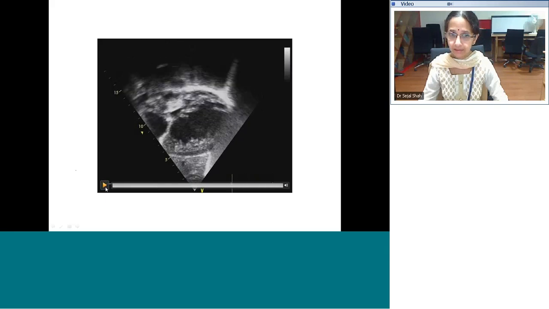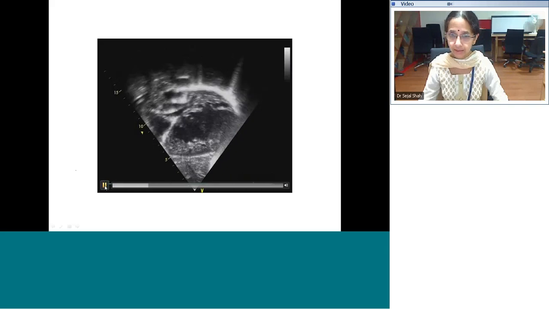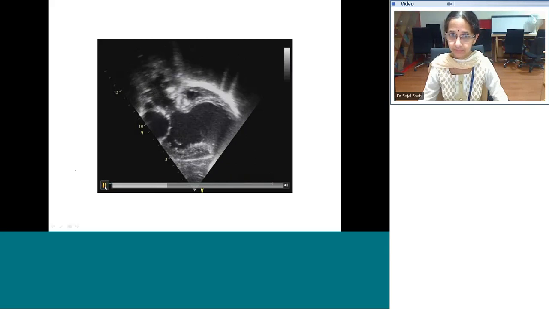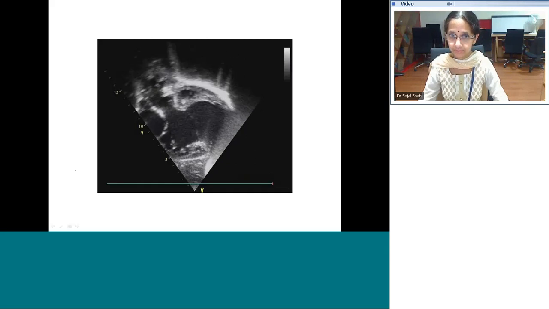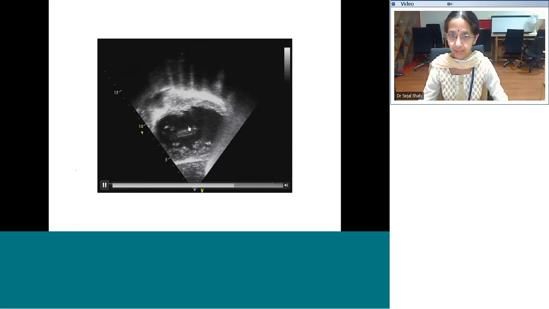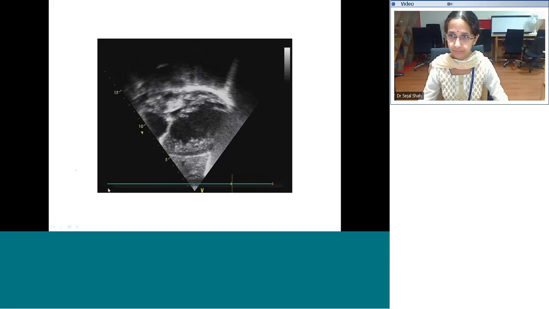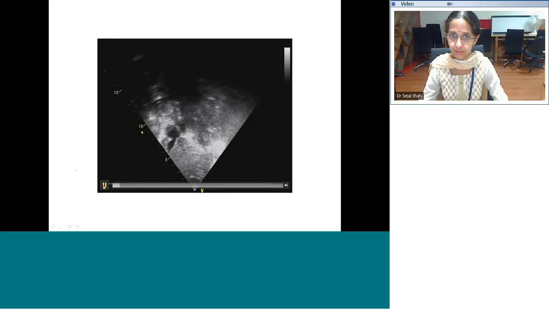Okay, I also want to tell you that this is a child who has undergone surgery. Can you see this foreign body inside? Okay, so I get a single AV valve. I understand that in this view it's not possible for you to say whether there are two AV valves or not. But I just want you to focus on this